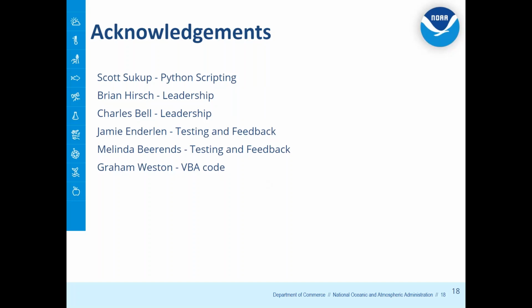Scott Suckup out at ZNY, he's a former forecaster there, came up with their version of using Python scripts to pull in images. So that kind of opened the door for what we do here at ZKC to meld that together. I'm just advancing, doing more scripting, kind of melding what they do at ZNY into our VBA scripts at ZKC. So again, thank you to Scott for doing that work.